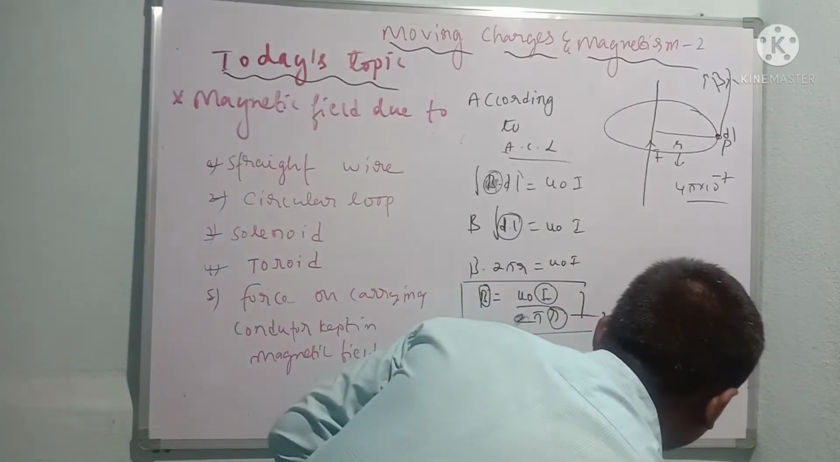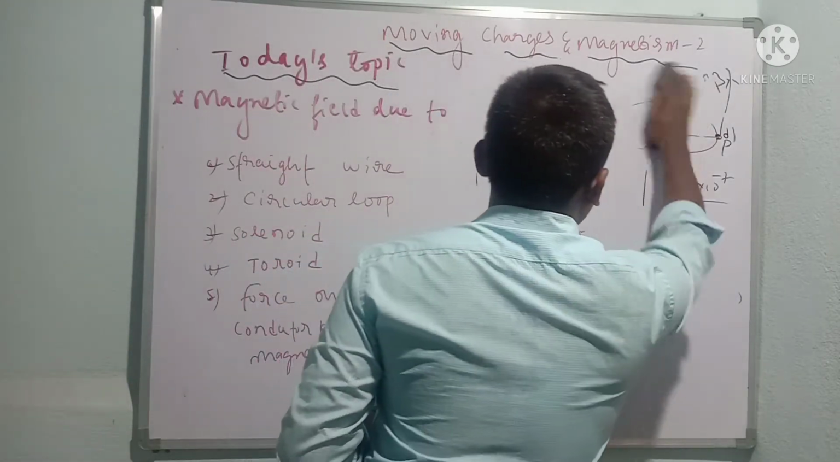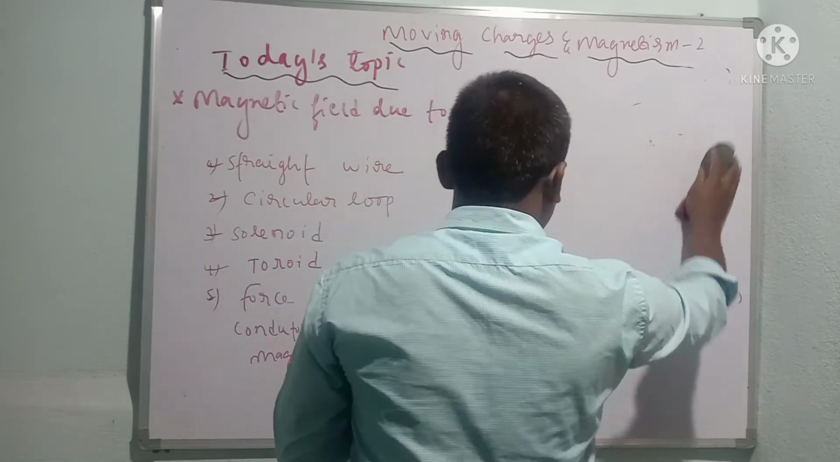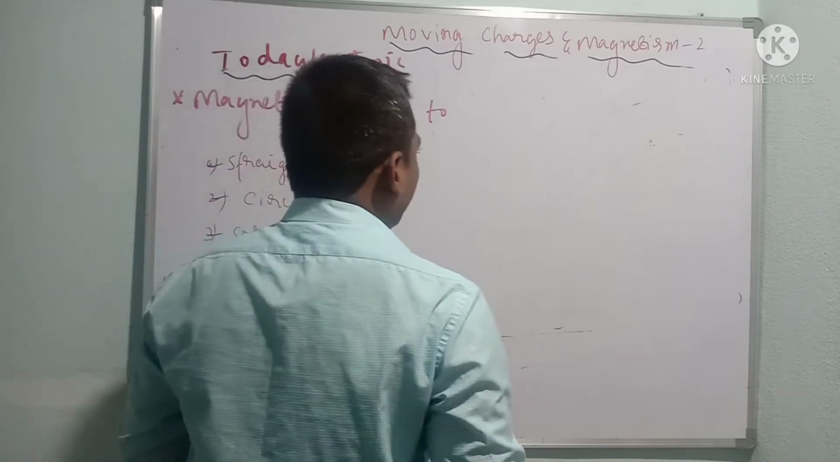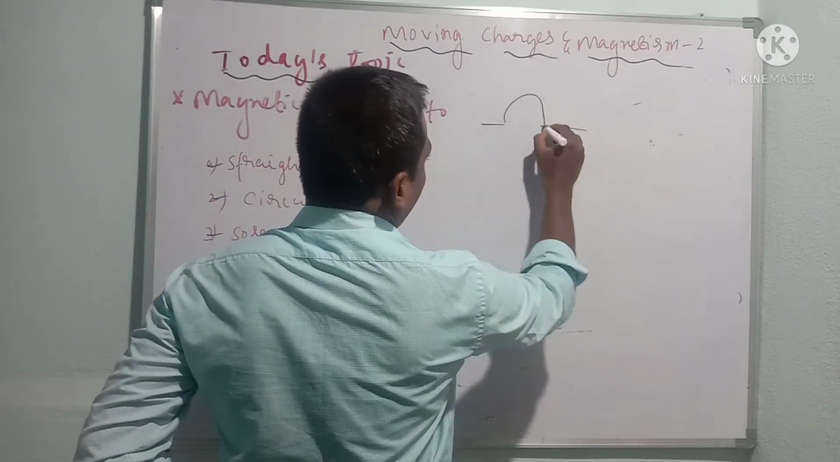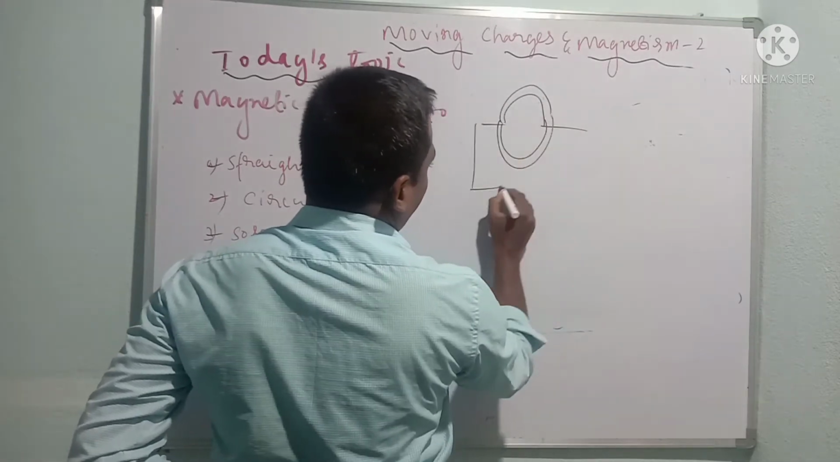After this we will go to the circular loop. Very, very important, children. So far we have considered just a wire. Now we are going to consider a loop, which is covered with a number of turns and connected to